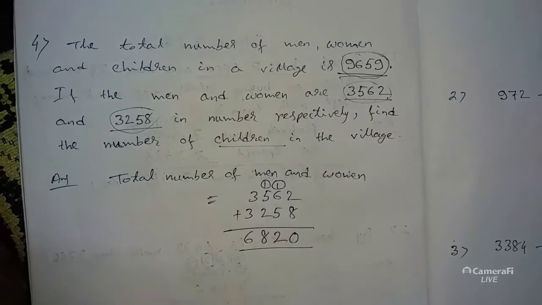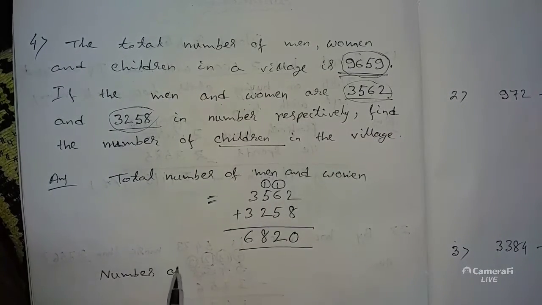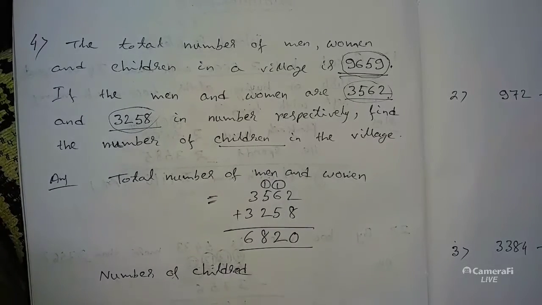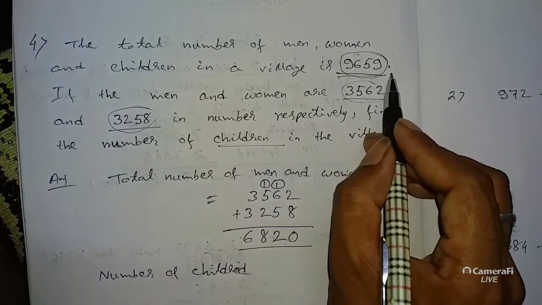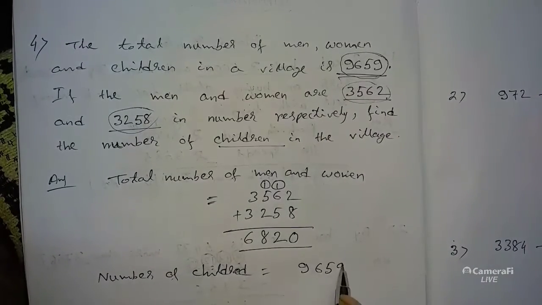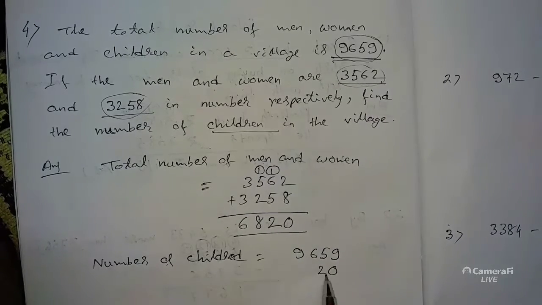So number of children, this we get by subtracting this total number of men and women from the total number of men, women and children. So 9659 subtract 6820,